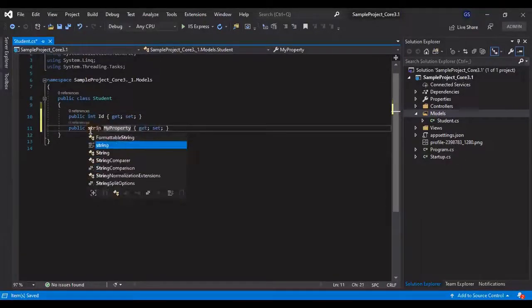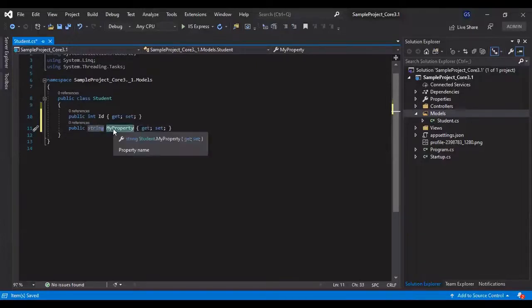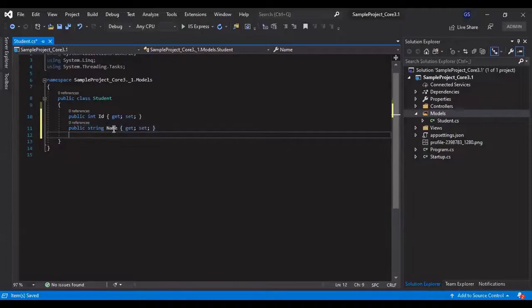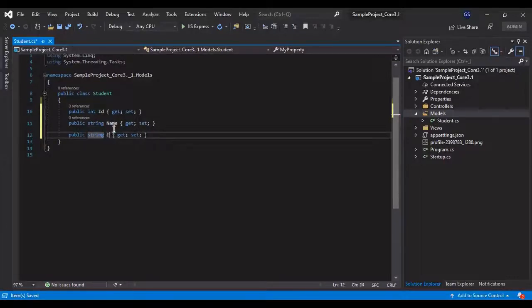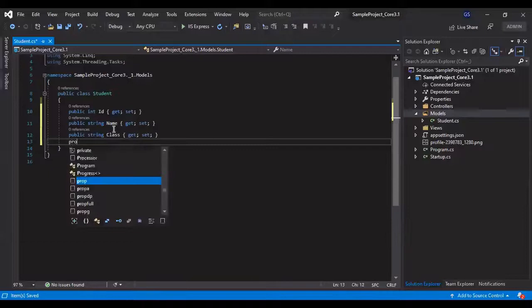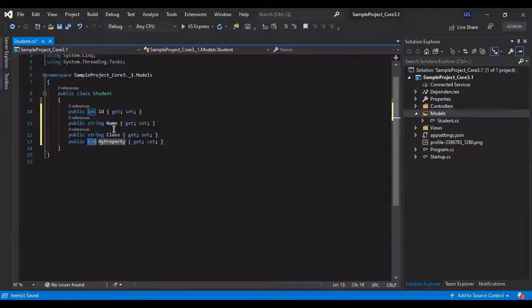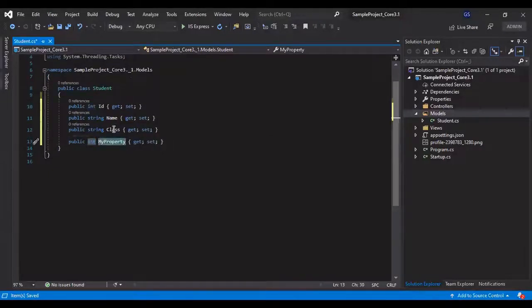Let's change the data type to string. We need a student name. Enter, prop string. We need a class. Enter, prop integer. We need age.